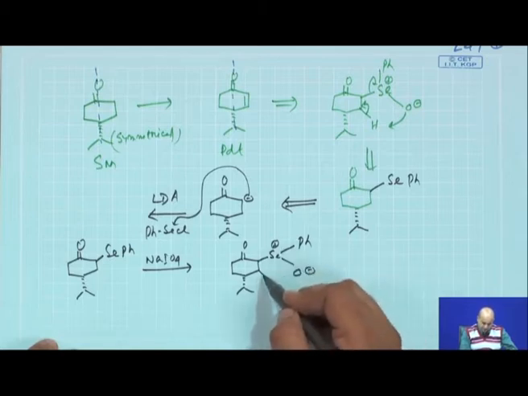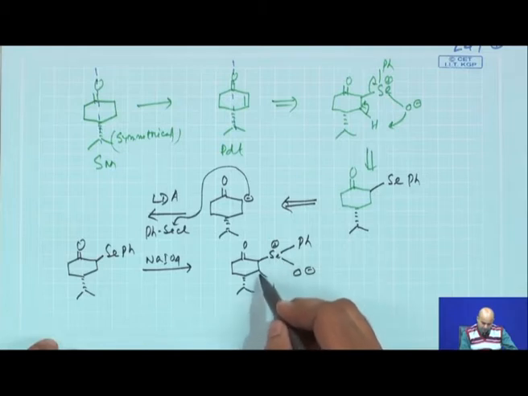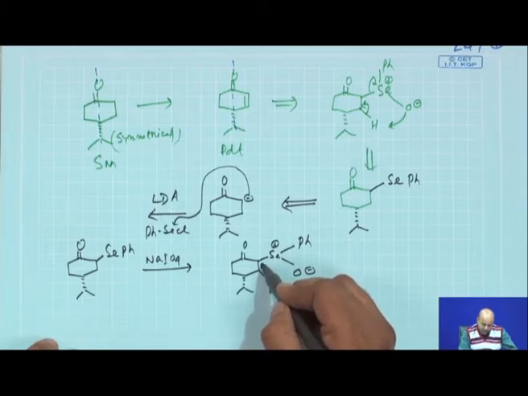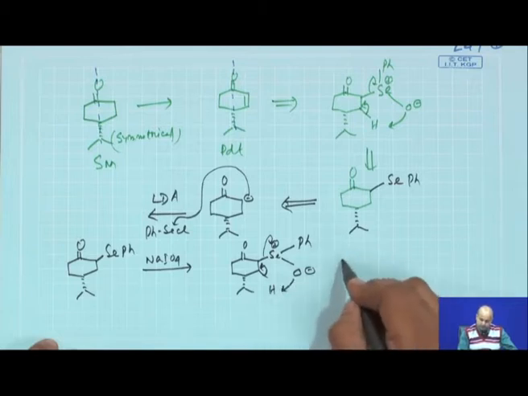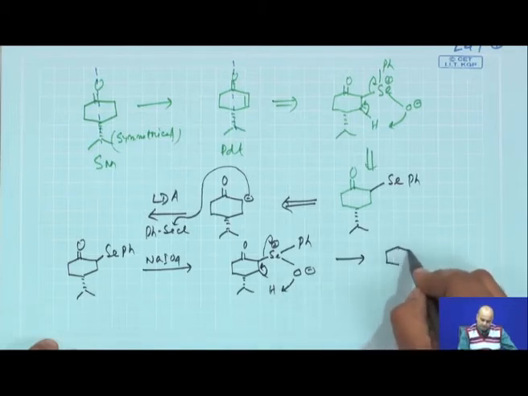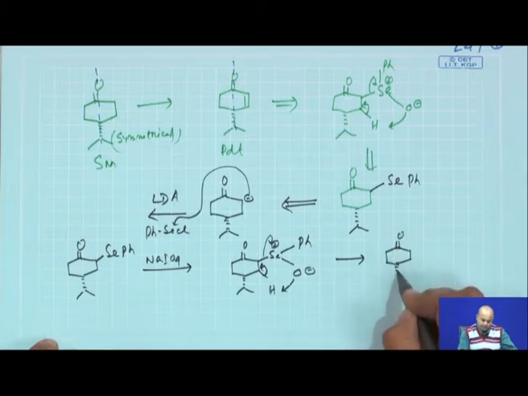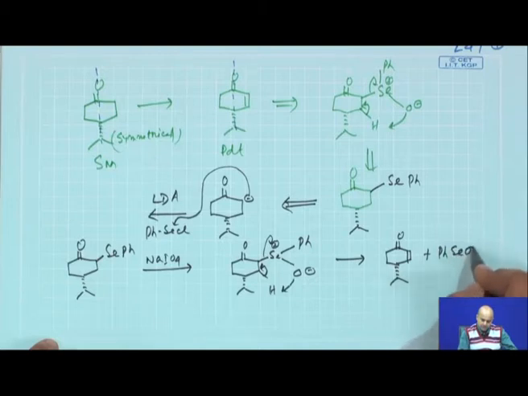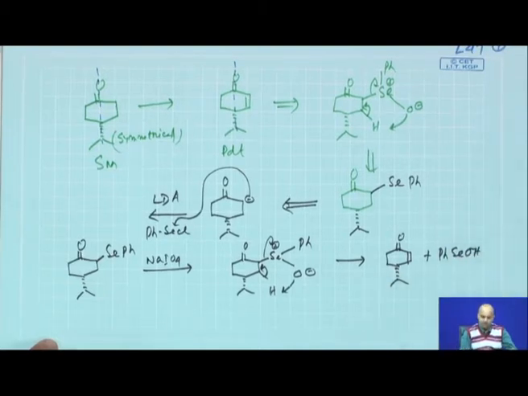Now, this selenoxide is basically acting as a base to abstract this hydrogen. In reality, it is basically a 2,3 sigmatropic rearrangement, 1, 2, and 1, 2, 3. So, this goes like this and it goes like this, it comes. So, basically you will get the desymmetrized product with the PhSeOH, phenyl selenic acid.